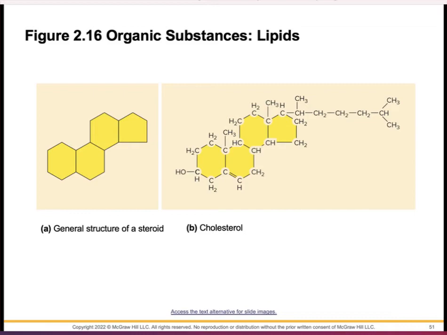Let's look at the general structure of a steroid molecule now. Steroids show a chain of 4 fused rings. The first 3 are 6-carbon rings, and the last is a 5-carbon ring, okay? So you have your 6-carbon rings here, and then your 5-carbon ring here. And then this part B is going to be the structure of a cholesterol, and it shows